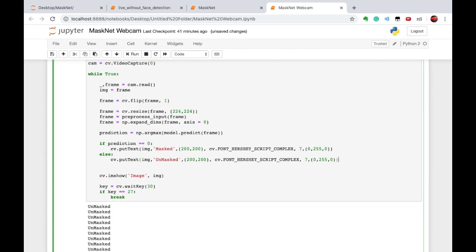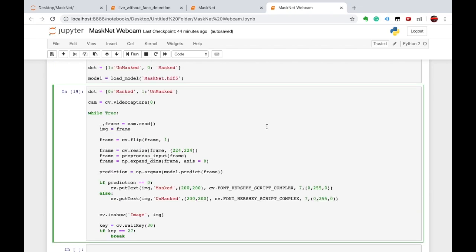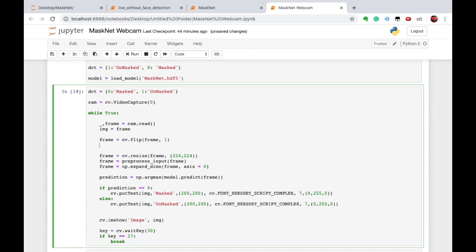So let me grab the mask and we will execute the code. Now before executing this, we also need to convert the frame into RGB because it's reading a BGR image. To do so, we are using cvtColor.